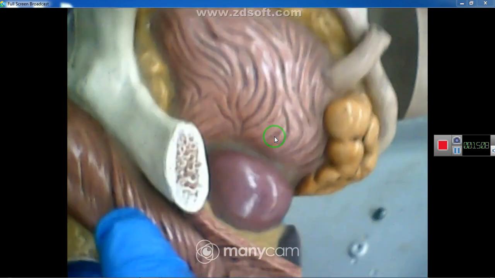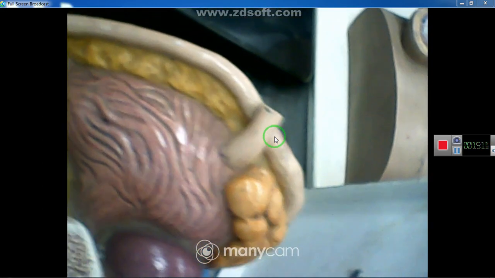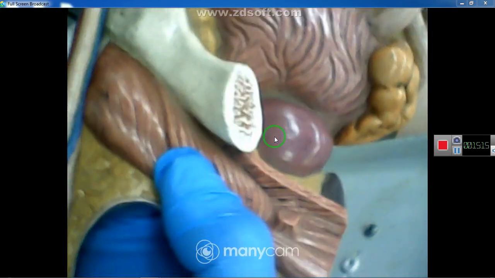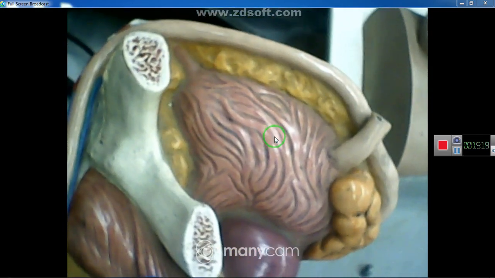This is the prostate, right? And this is another view. Of course, this is the ureter. This is the ampulla of the vas. This is the seminal vesicle. This is the prostate gland, right? This is the urinary bladder. There are so many details in regard to the relations of the